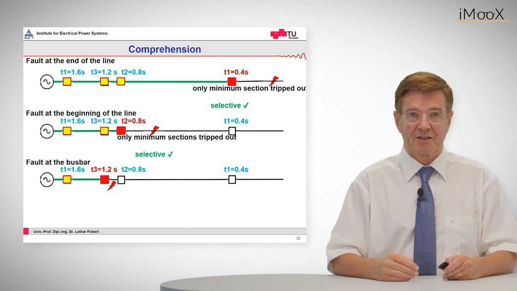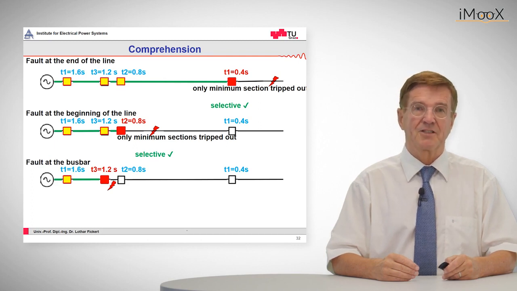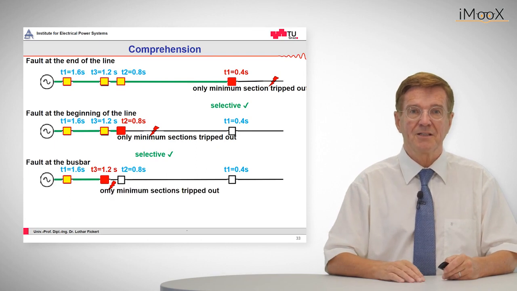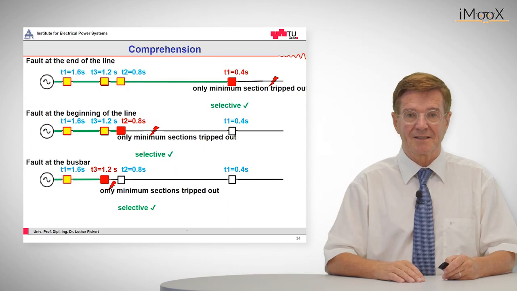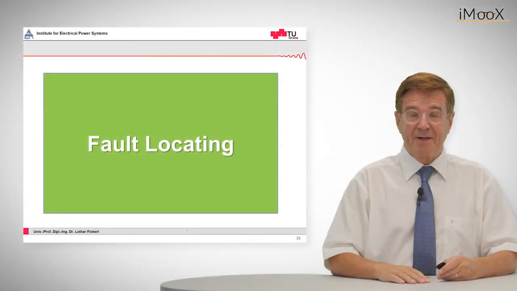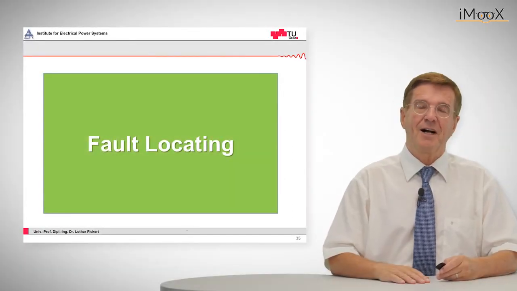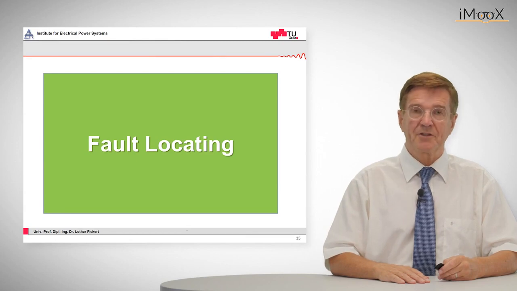The last one is fault at the busbar. We see that the low voltage side overcurrent protection of the transformer has tripped out, and again only minimum sections are tripped out, and that is selective. In the second part of this lecture I will show you how the behavior of overcurrent protection can be used